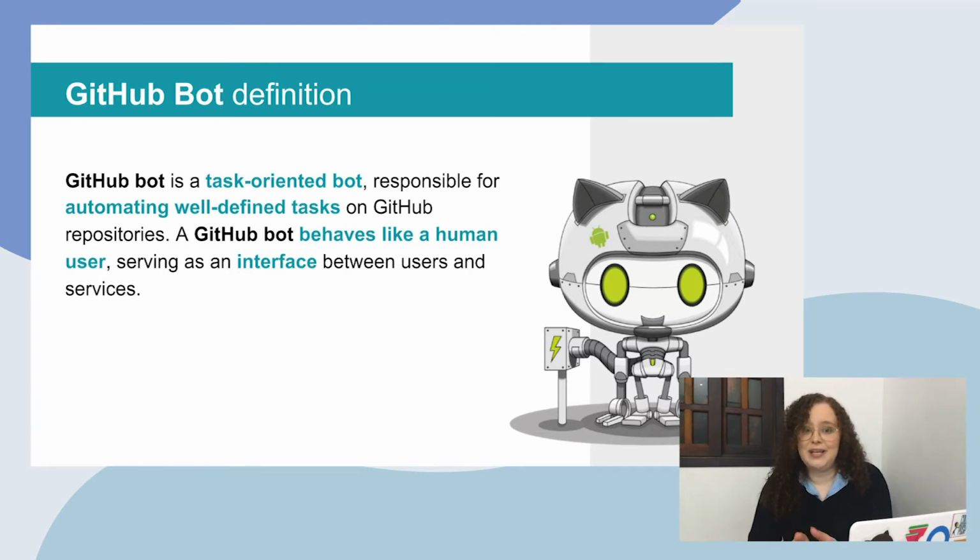So, in summary, a GitHub bot is a specific category of software bot. It's a task-oriented bot responsible for automating well-defined tasks on GitHub repositories. A GitHub bot behaves like a human user, serving as an interface between users and services. GitHub bots have become a new voice in the pull request conversation. Even though these bots are useful for saving maintainers' time,